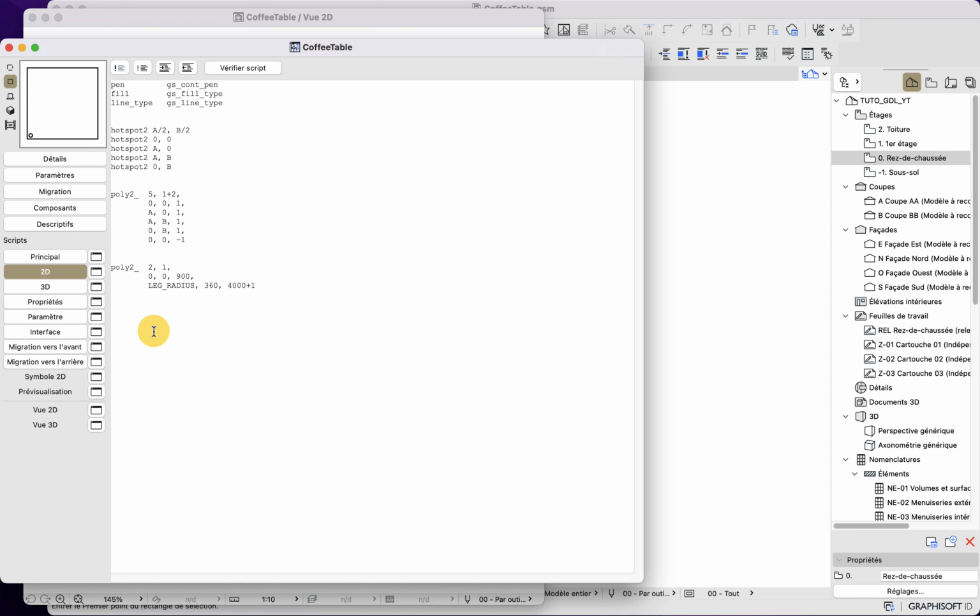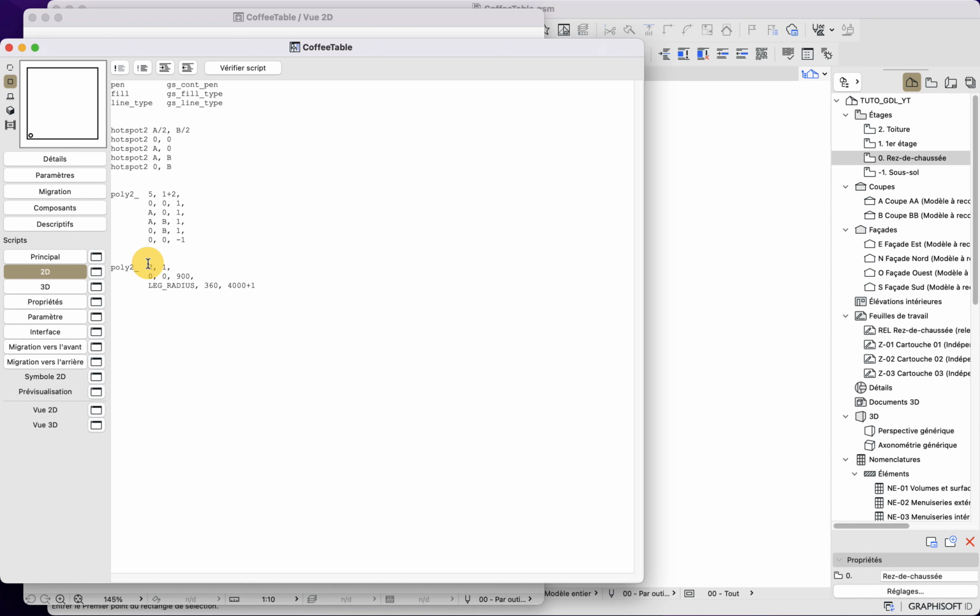So basically, there are two coordinate systems in ArchiCAD. A global one where the object lives in its entirety, and a local one that can be moved, stretched, or rotated, and impacts the geometry at the very specific moment that the coordinate system is positioned. So basically, the geometry is relative to the coordinate system at a specific state where the command is written, and the object is relative to the global coordinate system, and that one never moves.